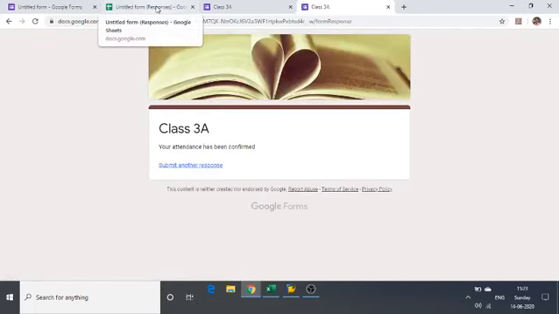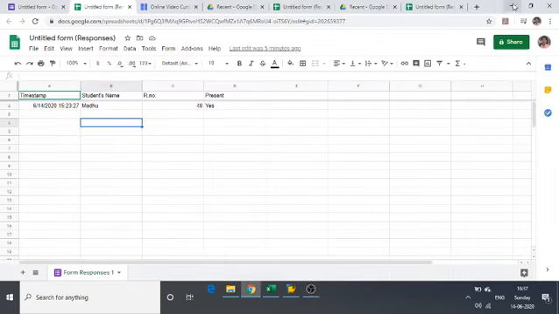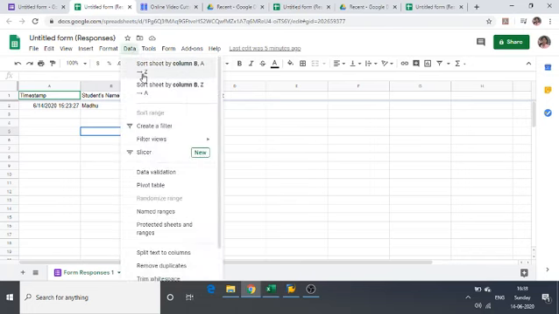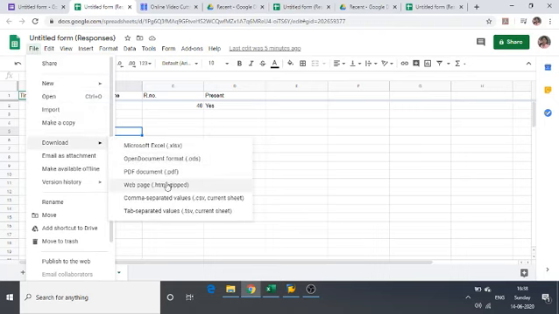So now where you will get this information? For this I am clicking on this, and you can see here I am getting this information. Now here you have data option in this spreadsheet, which is used to sort the roll number in ascending order, means in increasing order. Next is to download this report in Excel. Click on file menu and then download, and then take report in various format as you want. One more thing, you can get these response spreadsheet in your Google Drive also.